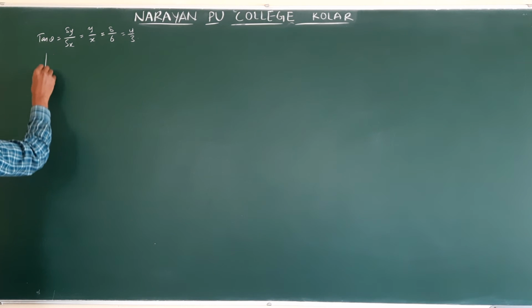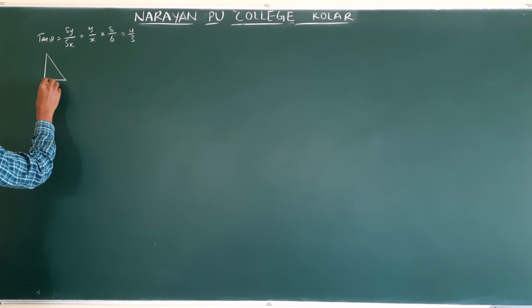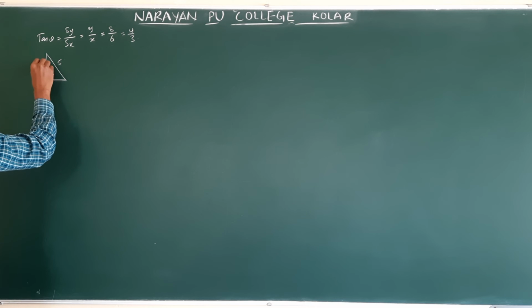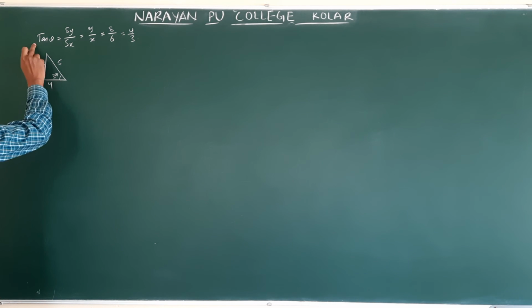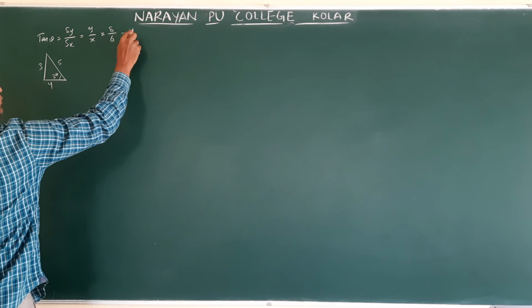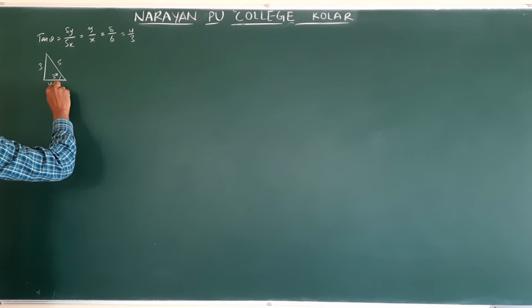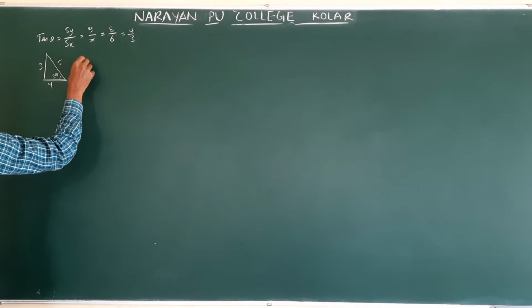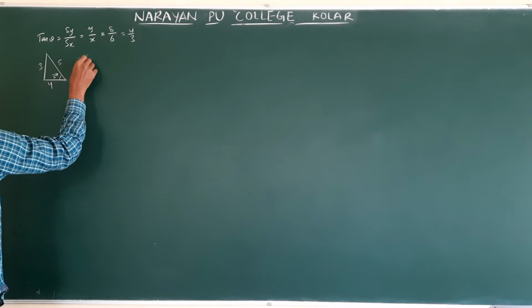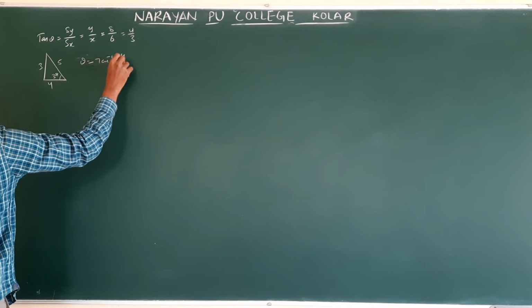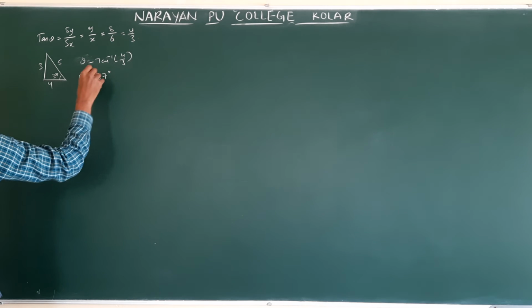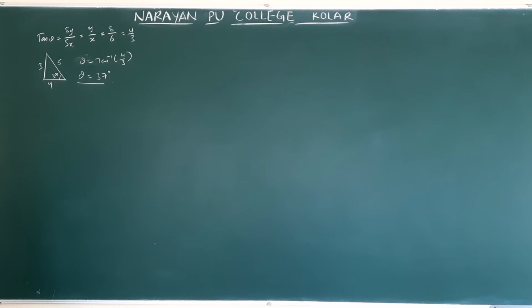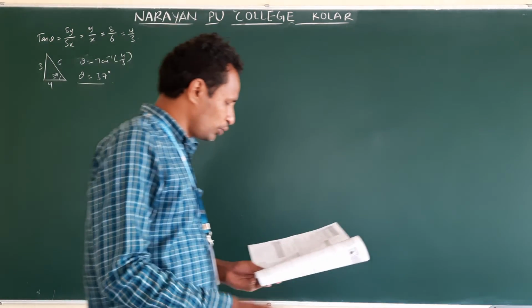Already previously we have seen the triangle. Am I correct or not? This is 5, this is 3, this is 4, and this angle is 37. But tan is what? Tan is opposite side by adjacent side. So tan theta is equal to 4 by 3, theta is tan inverse of 4 by 3. For what angle are you getting 4 by 3? 37. So theta is equal to 37 degrees. This we calculate with respect to x axis. Clear? Now come to example problem 2.